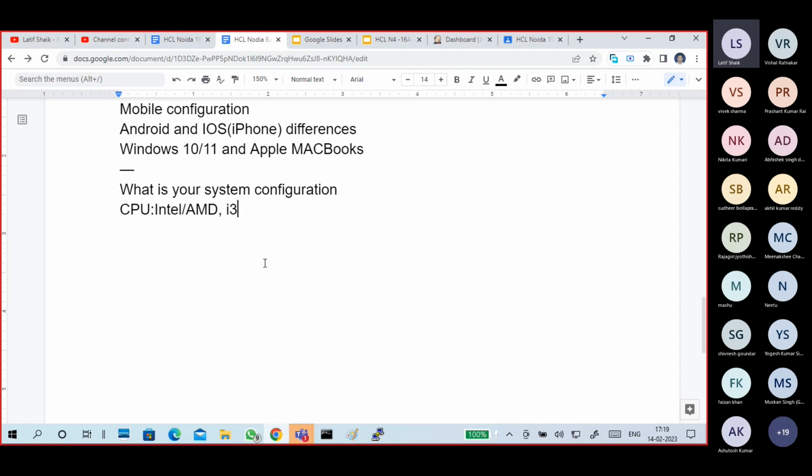Most laptops and desktops have either an Intel CPU or an AMD CPU. Intel has configurations like i3, i5, i7, i9. In AMD, there is a model called Ryzen, and also Athlon. Is it Ryzen 3 or Ryzen 5? And the model number is also there. Generation numbers, model numbers.